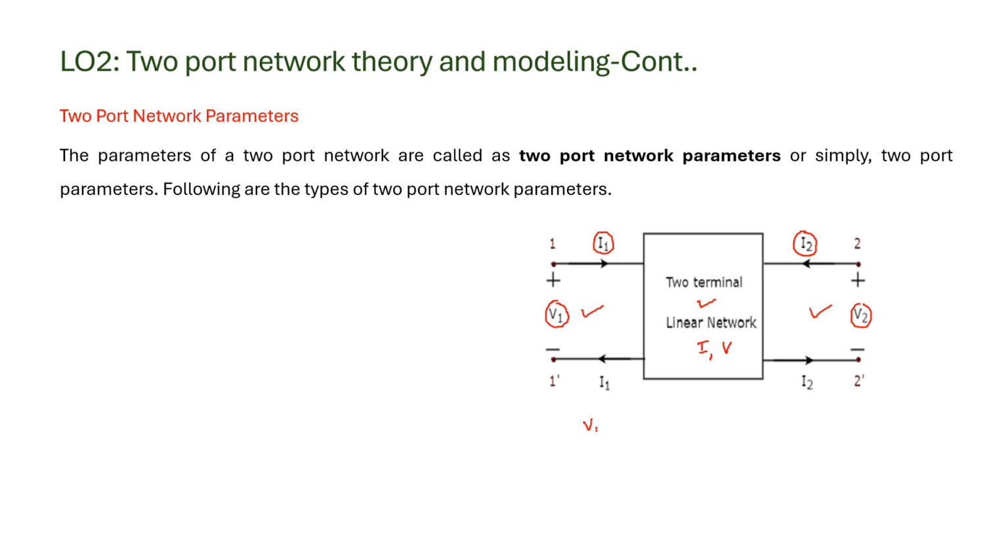V1, V2. Now, if we consider them as dependent variables, and I1, I2 are regarded as independent variables, so you write V1, V2 as a function of I1 and I2,